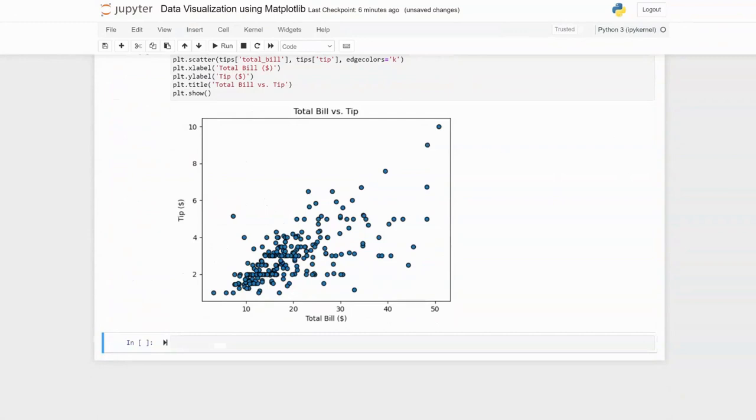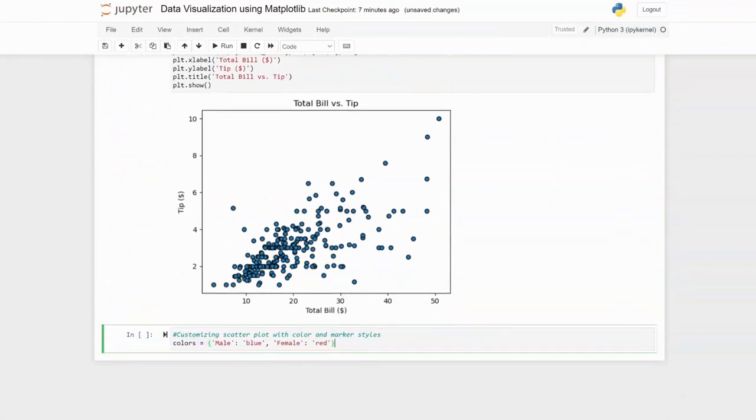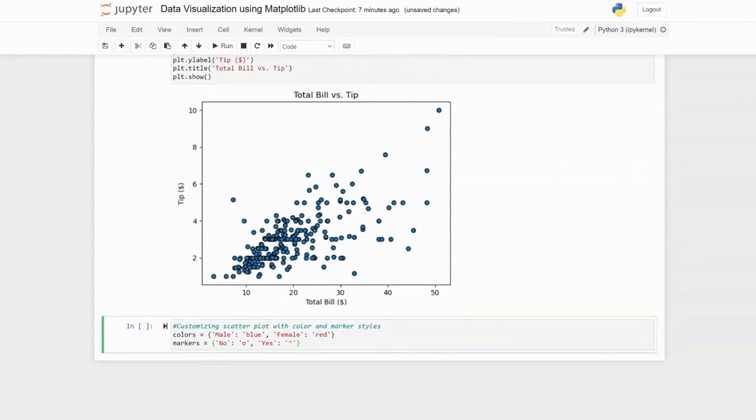And to customize a scatter plot, we can add some colors and markers to tweak it a little bit. So here, to add colors, we can specify the colors we want in a dictionary. Here you see that male will be blue and female will be red. And we can also specify the markers that we want. Once you specify the colors and the markers, we see that for the non-smokers, we have something like a circle, and an arrow represents the smokers. So here, we go through the points